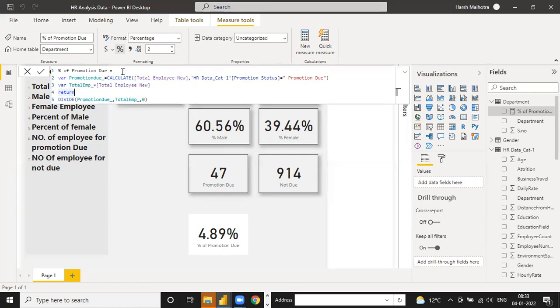Why are we creating a variable? Because a variable is used just once, and it saves the storage for one time only, not for all other times. Suppose you create this measure promotion due, it will be saved into your Power BI report. But if you create the variable, only this function will be saved, not this function. This function will be treated just once for your data. That's why we are using the variable function for our data. But this will be important when you don't need to evaluate these two functions. Without these two functions, you can calculate directly from the percentage function.